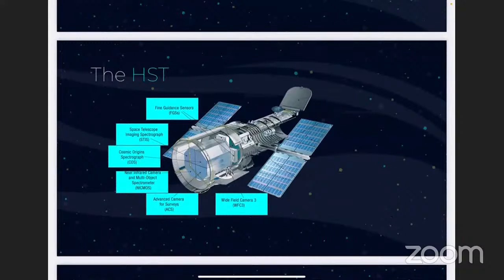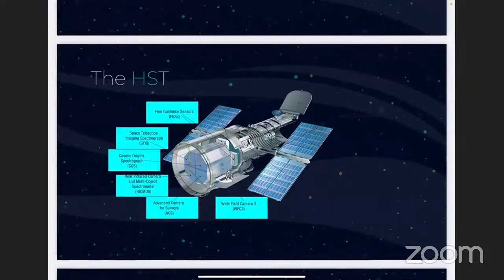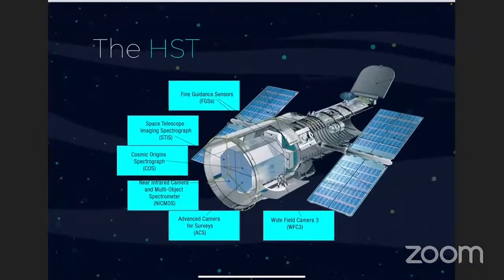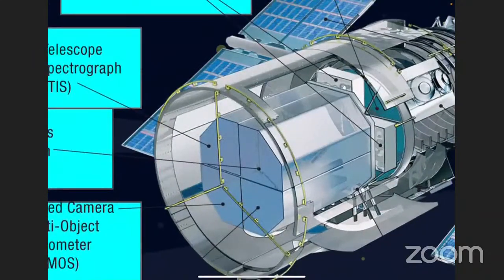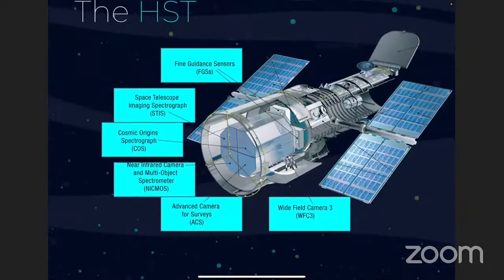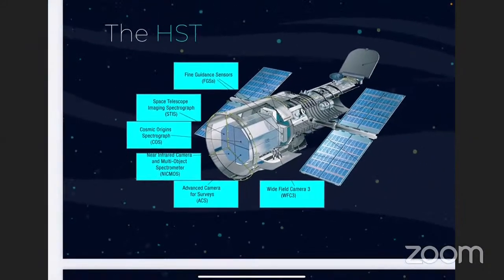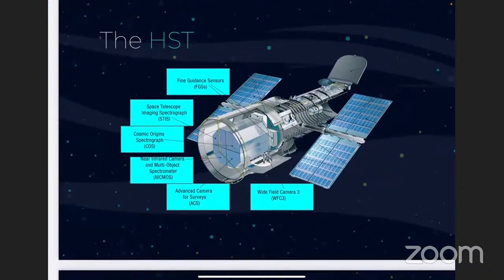And right over here, we have the Cosmic Origins Spectrograph, otherwise known as the COS. There are 4 of them. They break ultraviolet radiation into parts that could be studied in detail. The COS is best at studying light, like stars or quasars, or distinct galaxies emitting tremendous amounts of light from